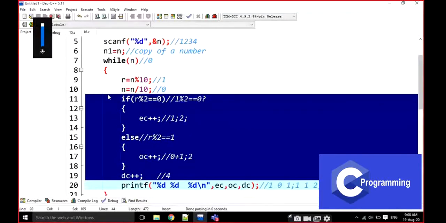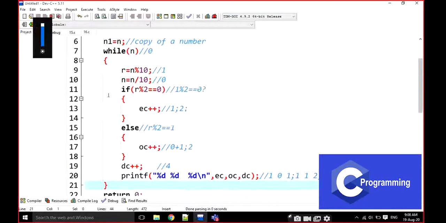Everything is the same. I am going to delete those comments first of all.